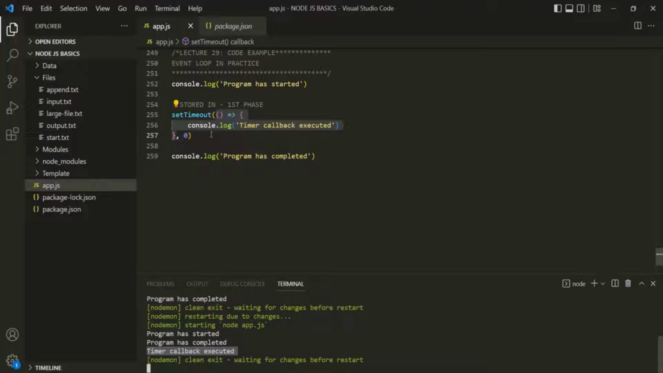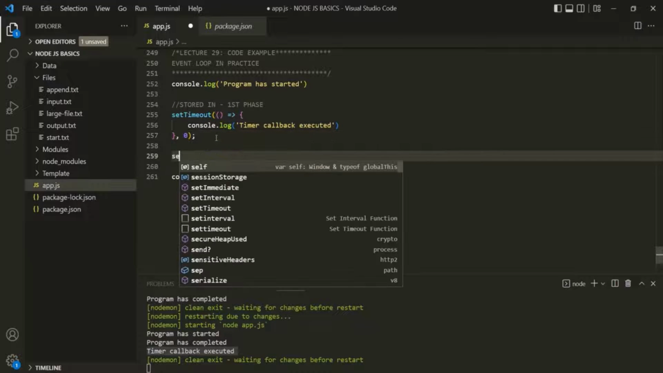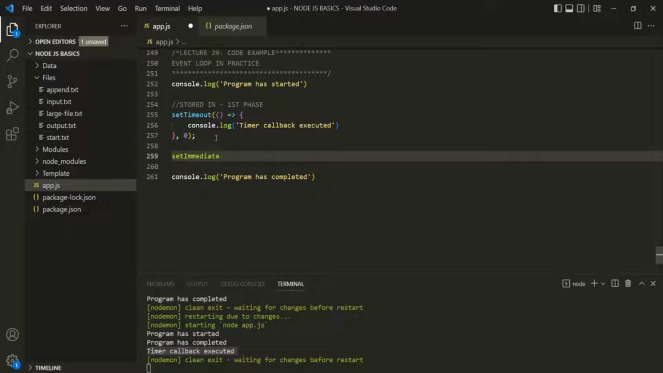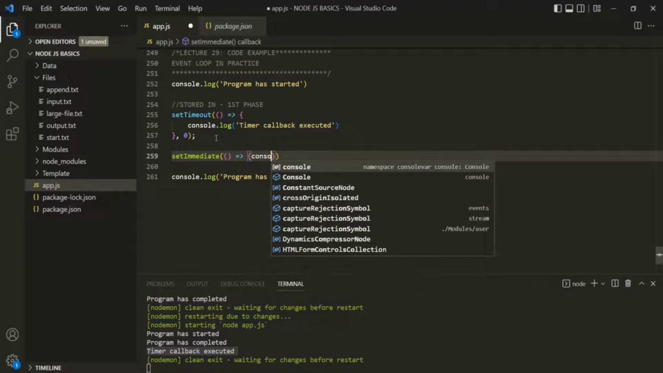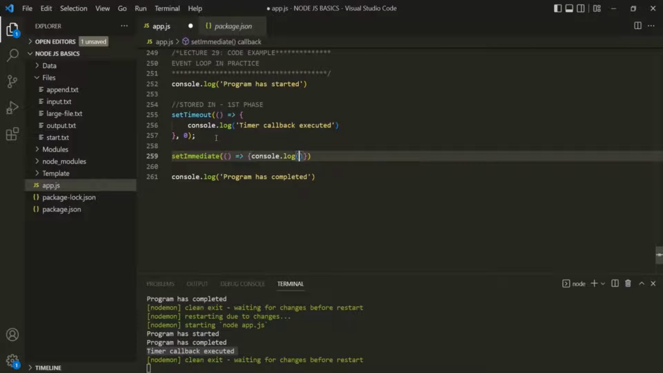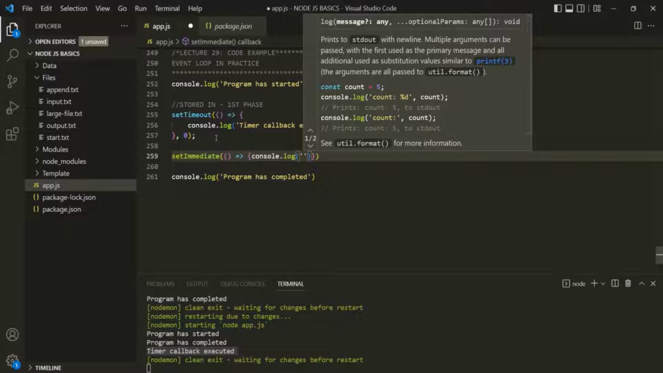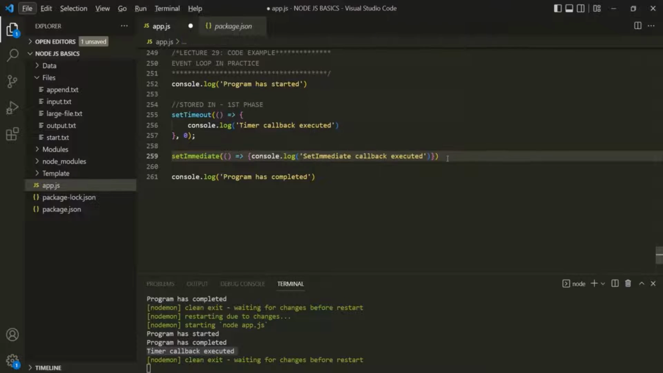Okay. Now let's go ahead and add the setImmediate function. This setImmediate function is also a special type of timer function which gets executed immediately. This timer function expires immediately. And to this, we need to pass a callback function. Again, I'm going to use this arrow function syntax here. And in there, I will simply use another console.log statement, and in that console.log statement, I'll say setImmediate callback executed. And to this setImmediate, we don't need to pass any time interval because as the name says, it will